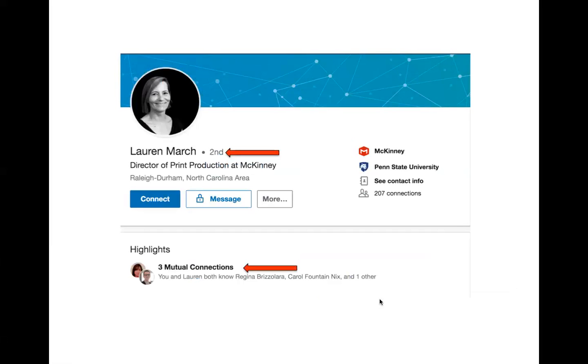Now, just to expand a little bit more on second degree contacts, again, LinkedIn's showing me that she's a second degree. And then down here, it shows me all of our mutual connections. So these are people that Lauren knows directly and that I know directly. So these people have my email address and my contact information, as well as all of Lauren's contact information. So that's kind of the quick and dirty of how LinkedIn works with the connections. And again, if anyone has any questions, please feel free to type them in the chat box.